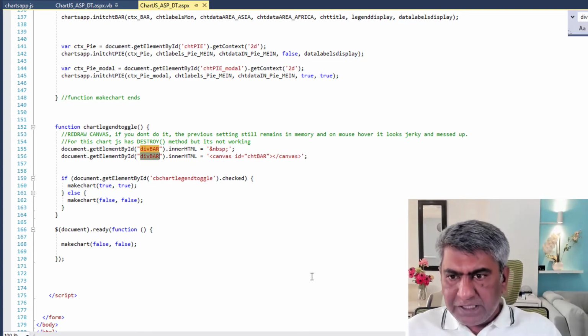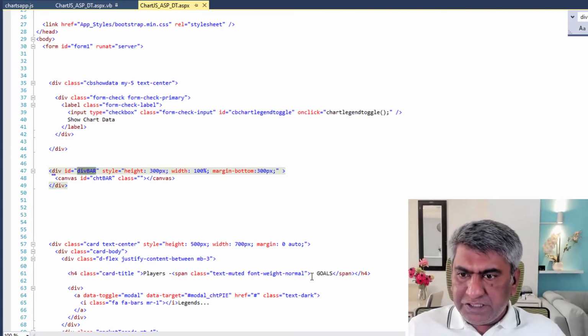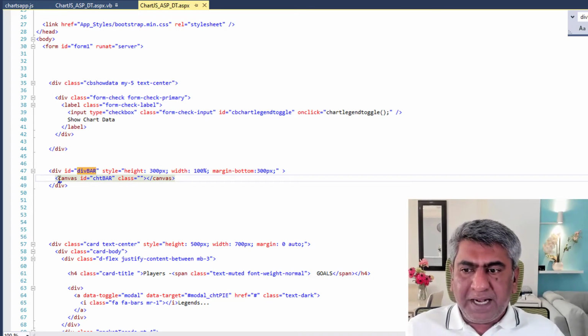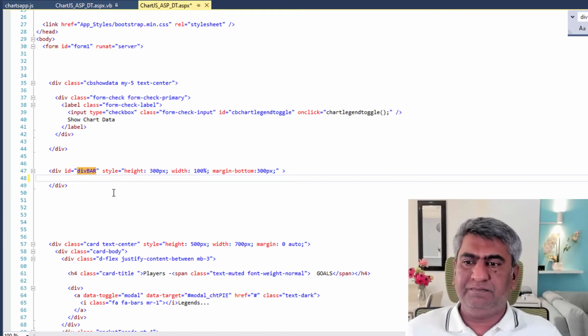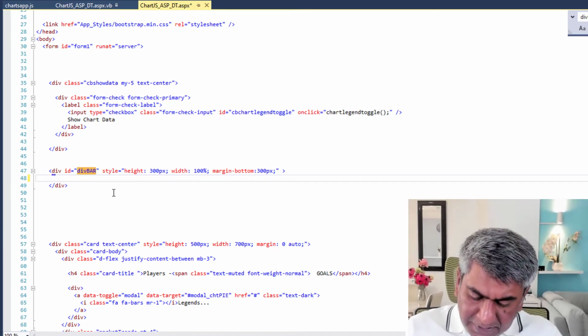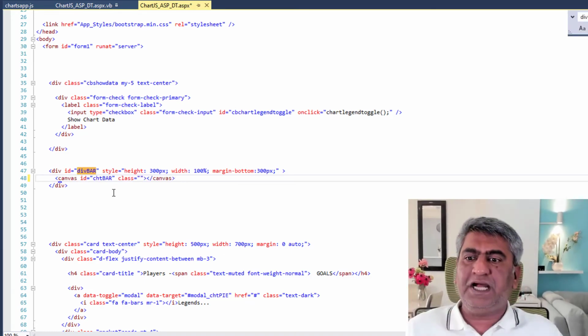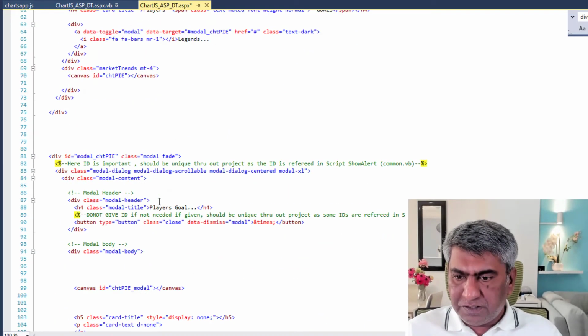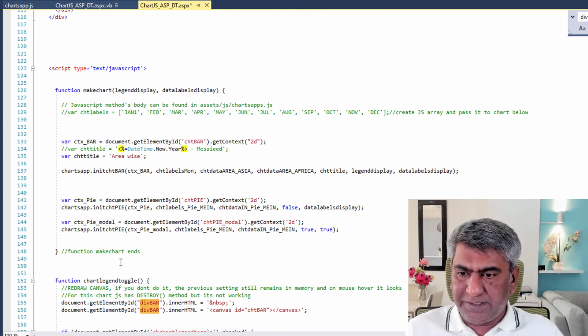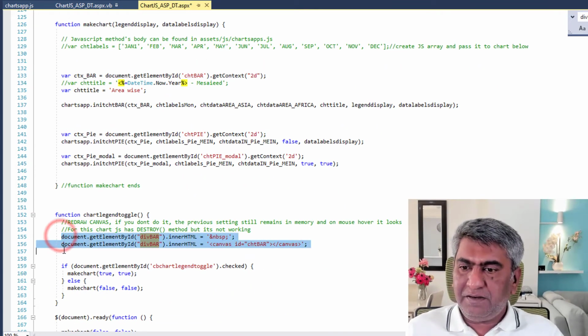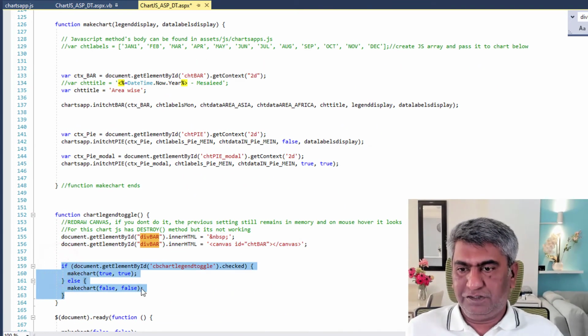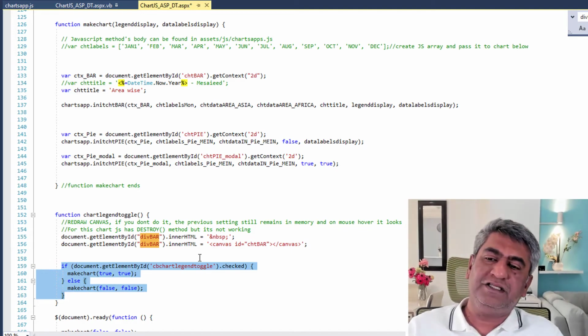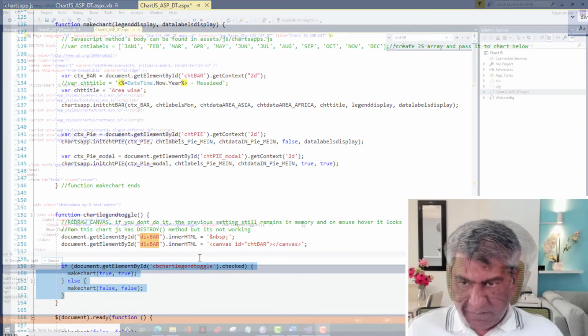If you notice, this chart bar canvas is defined in the div bar, and by writing that JavaScript, I'm filling a space here, and then again creating a chart here, a fresh chart. So everything from the memory goes away. The same thing is done in these two lines. And then we make the chart. So this is about the checkboxes and making the chart again.